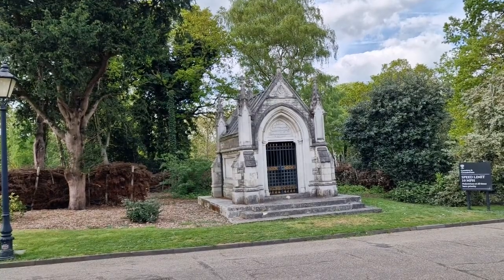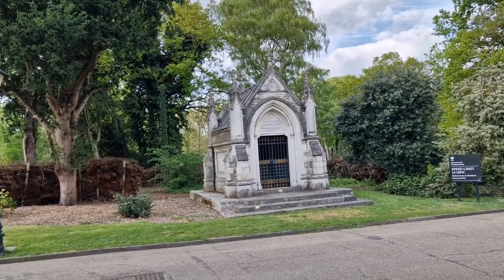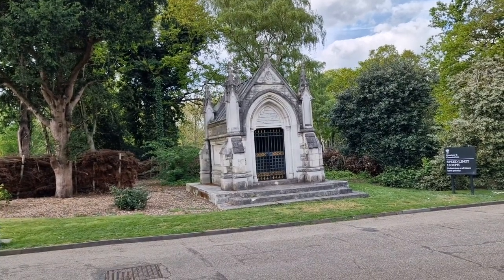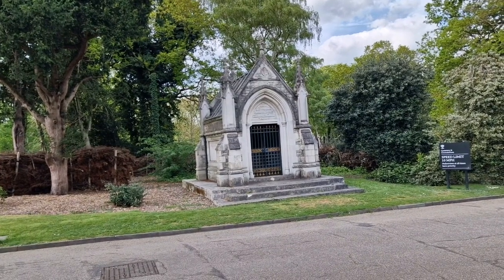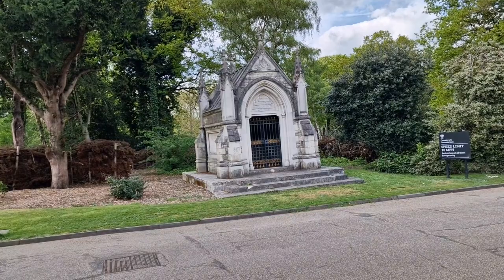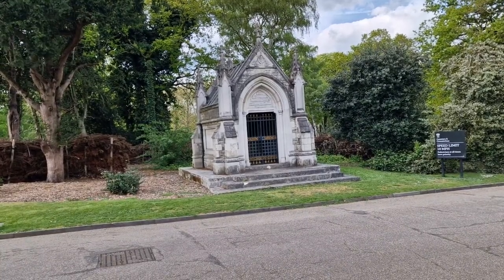The City of London Cemetery was conceived by him as a way of relieving the appalling overcrowding of London's church burial grounds, described in Charles Dickens' Bleak House. 200 acres of ground near Epping Forest were purchased by the city to carry out Haywood's idea, and the resulting cemetery is still one of the finest in the country, beautifully maintained with extensive gardens and still very much in use. As we discussed, the first burial in the new cemetery took place in 1856, and as the city was